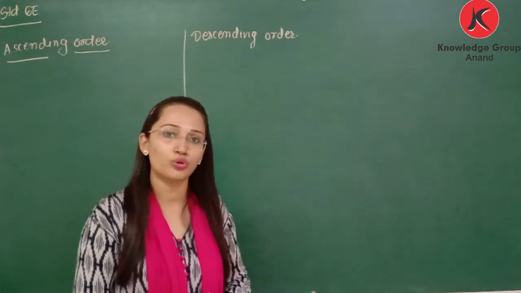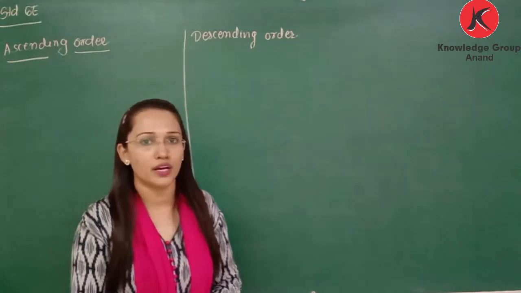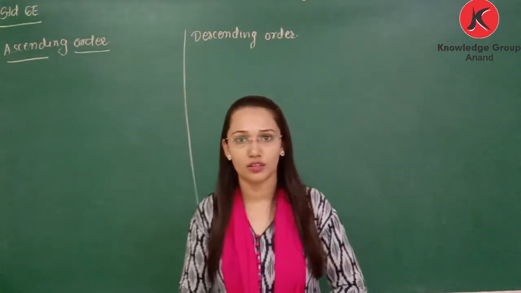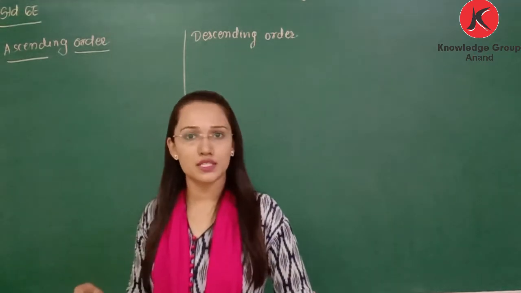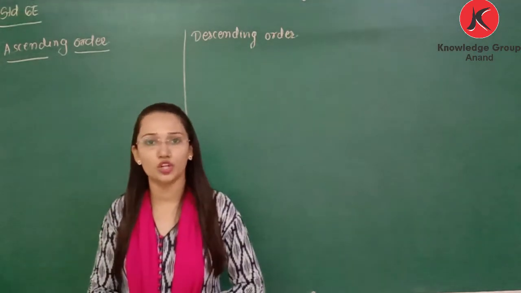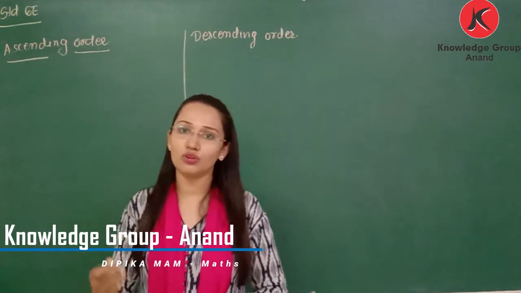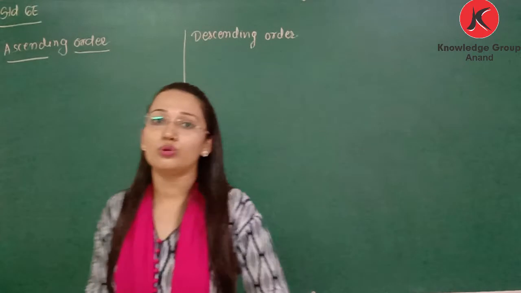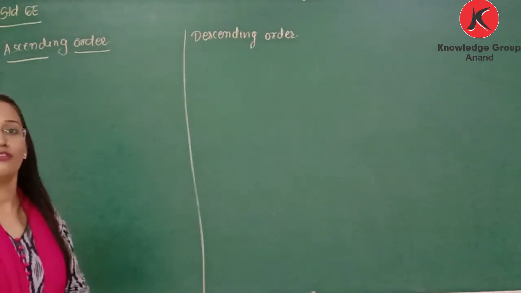જેનું denominator મોટું હોય એ smaller fraction થાય. And we can likewise arrange in ascending or descending order. Also we learned that if the denominator is the same, then you only need to compare the numerator. જેનું numerator નાનું હોય નાનું fraction, જેનું numerator મોટો હોય મોટો fraction. But today we will learn about the ascending and descending order of unlike fractions.